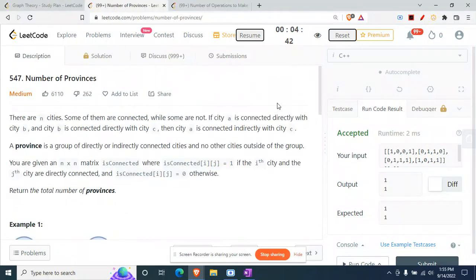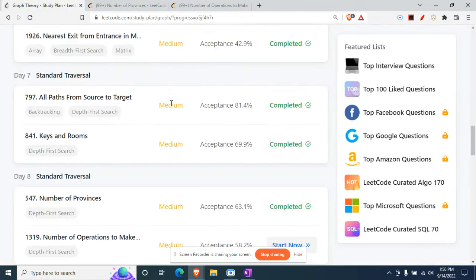Hey there, today we'll be doing this question, 547 Number of Provinces from LeetCode, and it is from the graph